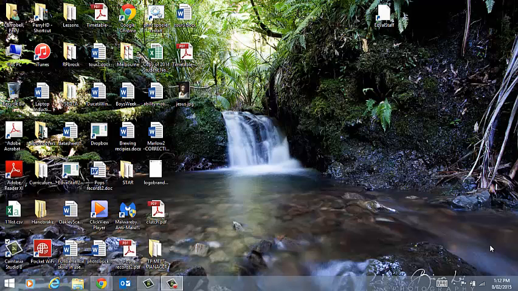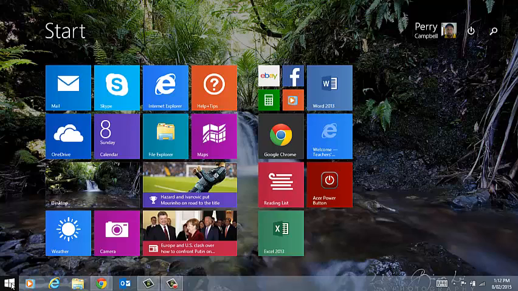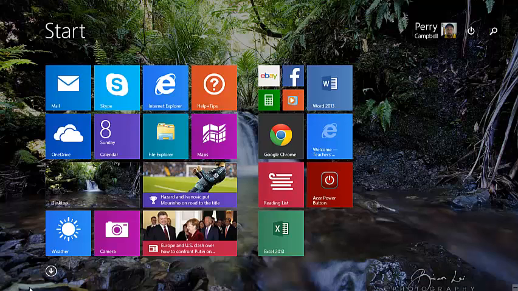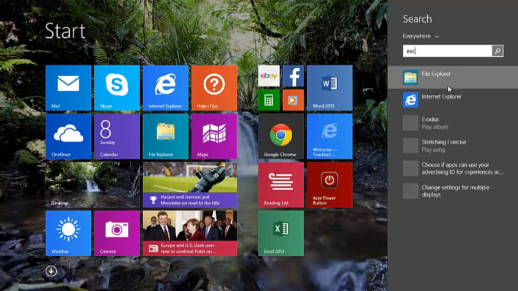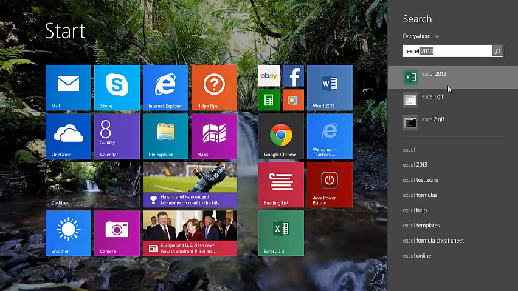Okay, so the plan today is to have a very brief intro to spreadsheets for Year 9, and this will only be, hopefully, 10 minutes. First thing is, probably most people don't know where to find Excel. So if you're using Windows 8, or even if you're using other operating systems, if you go to the bottom left-hand corner of your screen, you'll see the Start menu, and just start typing in Excel, and Excel should become